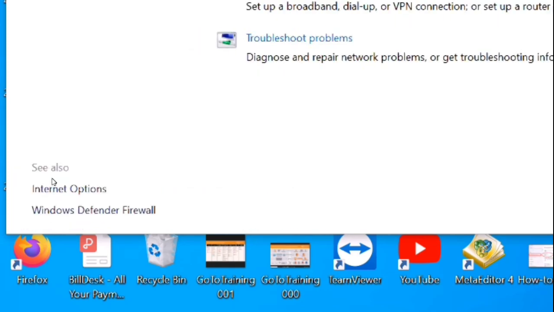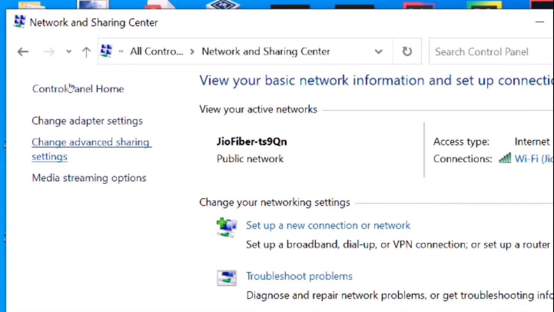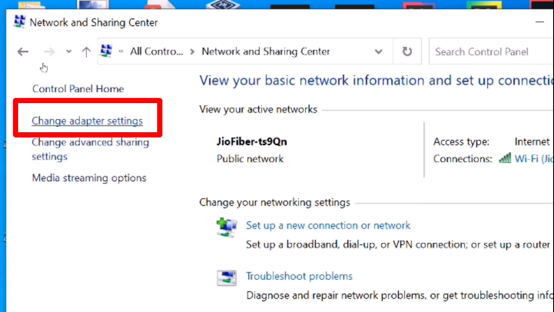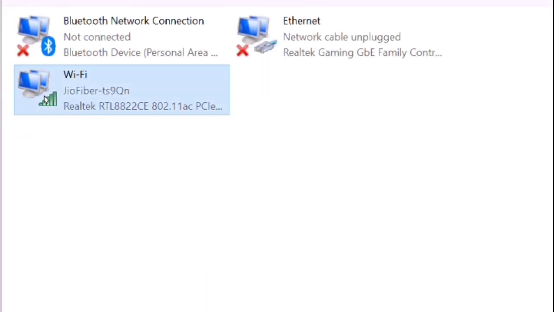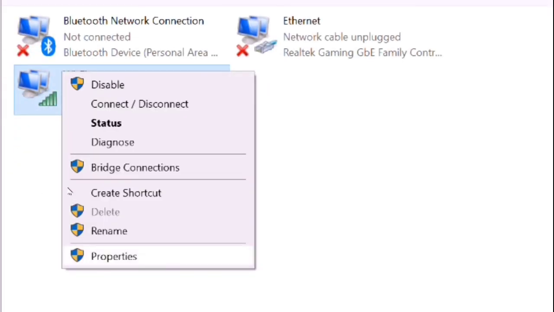Now from the left pane click on change adapter settings. Now your available networks will display here. Make a right click on it and choose the option properties.